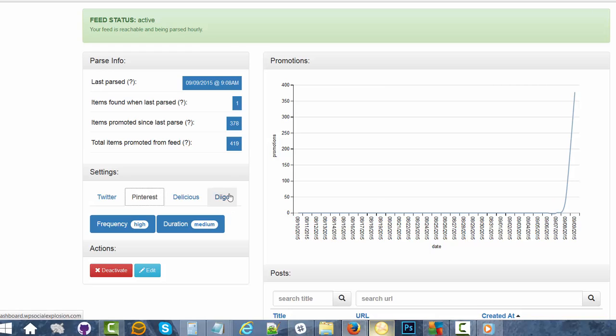Alright, so then let's talk about this information up here. This was the last parsed date. This gives you the information of when our system last went out and actually tried to read the feed, which was just a little while ago. It tells you how many items were found when it tried to do that read, and it tells you the number of items that have been promoted since the last parse. In other words,